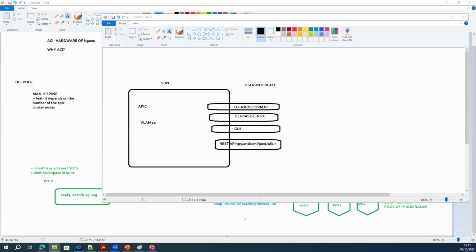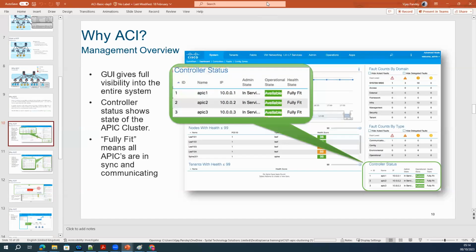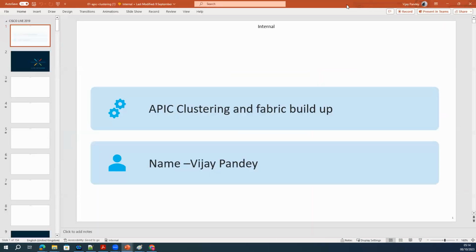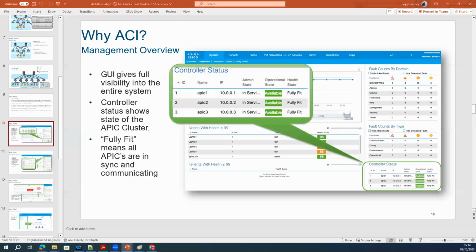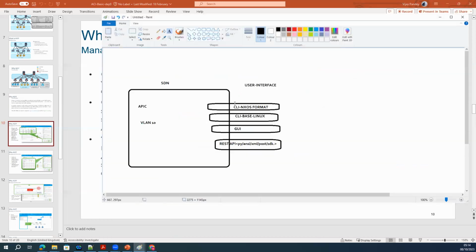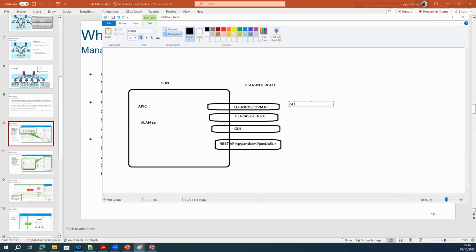Let me open another. How does NX-OS format and the baseline Linux CLI differ? When you configure the API, suppose you want to run show VLAN. You cannot run show VLAN from the baseline, and if you want to run an MO query, an API-based query, to extract some information, you have to run MO queries from the baseline.